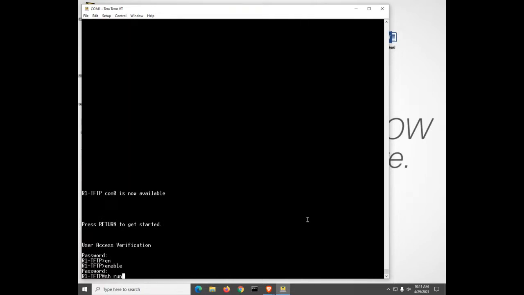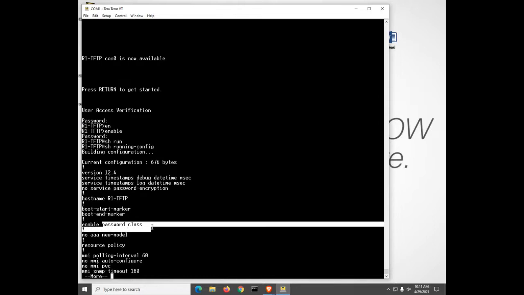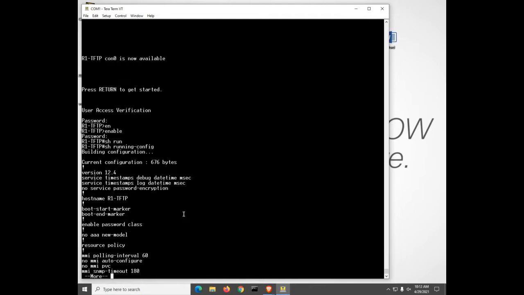So if you do show running configuration on this, we can see the host name of the router that I specified. We can see I said enable password class instead of enable secret class, so it would still show it on the screen. The old enable password command does exactly the same thing as enable secret class. You have to type class to get from the user exec mode to the privileged exec mode, but it doesn't encrypt it on the screen. And I haven't done any service password encryption or anything on this running configuration, so it'll show it in plain